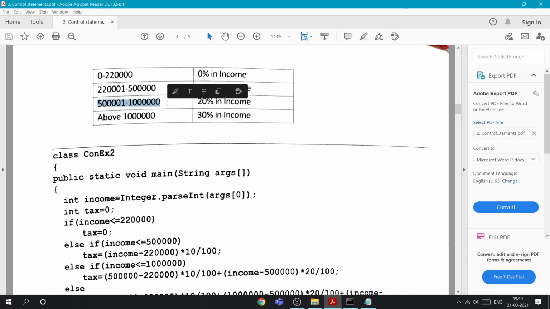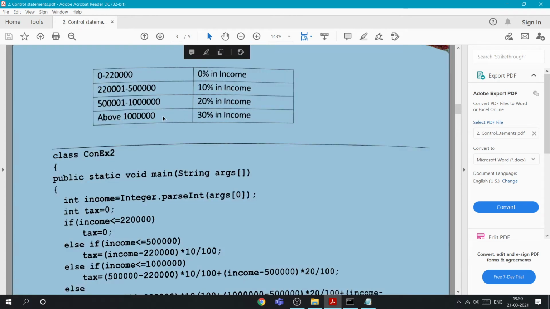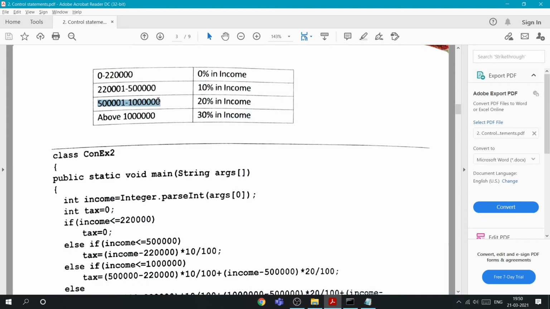That means we need to add all the previous amounts also. For example, if our salary falls in between this, we need to consider this. Anyway this is 0%, so we'll neglect that. We need to consider this 10% and also this 20%. For that 10%, it is only for this range.